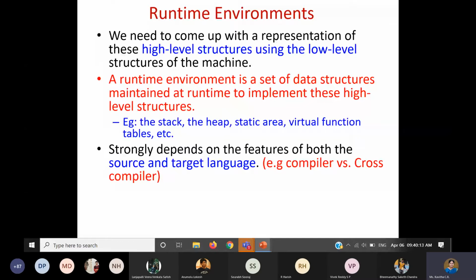But if I want to run on a different machine, then we have to depend on the cross compiler. Even this is important, because once I generate code on some machine, it doesn't mean I'm always going to use the same machine for running that code. At some point there may be a requirement to convert into another machine code, and therefore we can use the cross compiler.